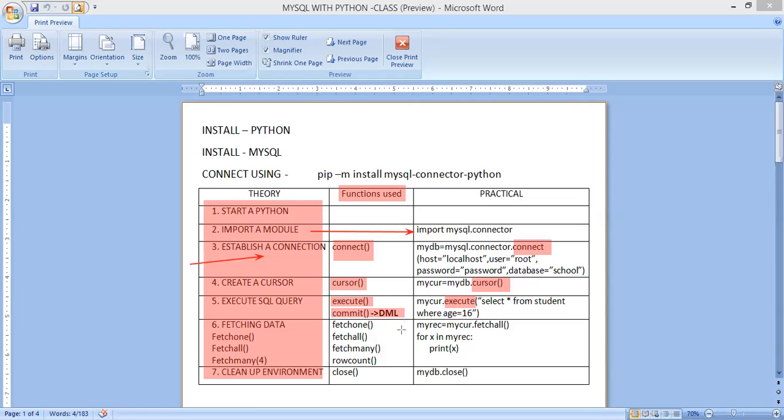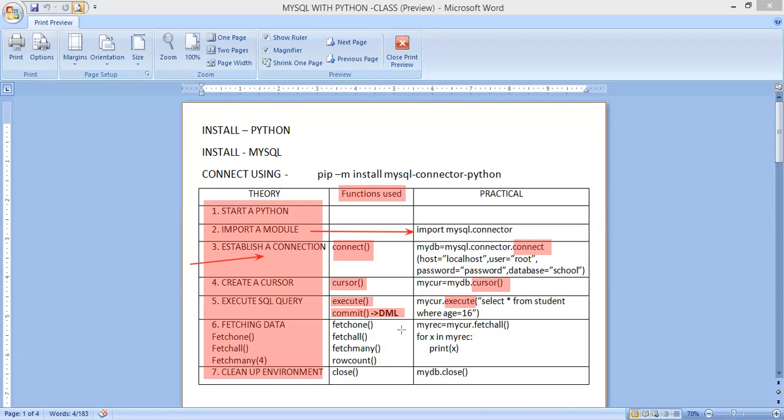So insert, update, and delete commands need a commit function to affect the table, otherwise it will not make the transaction to the table. So you use this commit function after the execute query, when executing an insert, update, or delete command. You need a commit function to make our database affected by the Python.